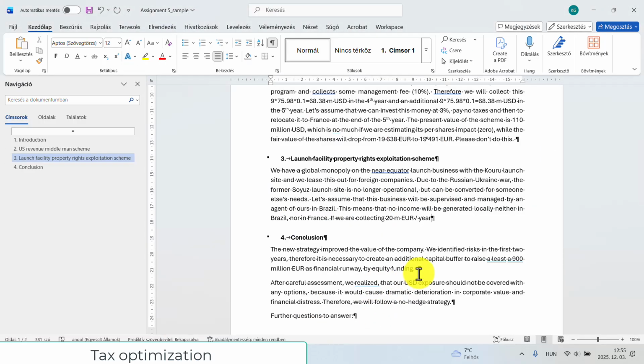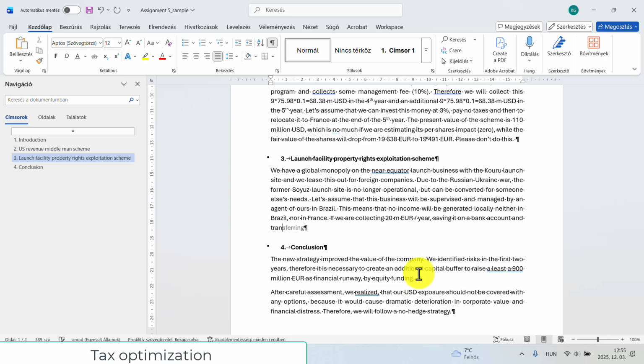If we collect 20 million euros per year, save it on an account, and transfer it to the parent company in the fifth year,